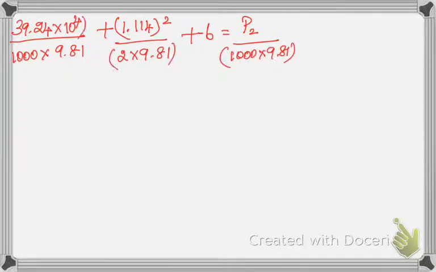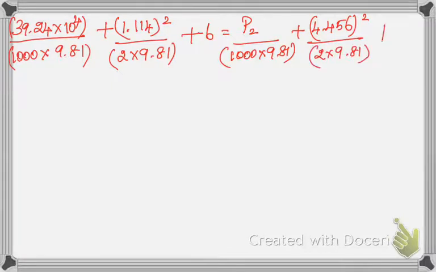Don't get confused, I am putting brackets here, plus V2 squared, 4.456 squared by 2 into 9.81, plus 4. So I am doing the calculation, which is 40 plus